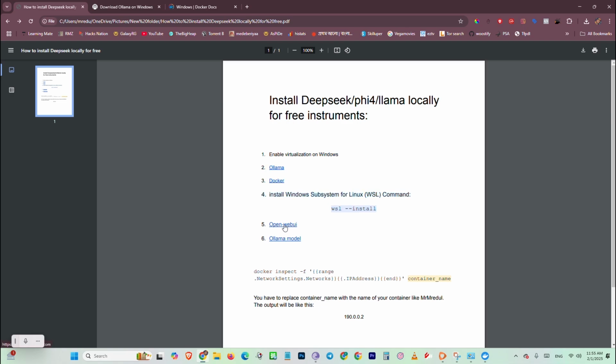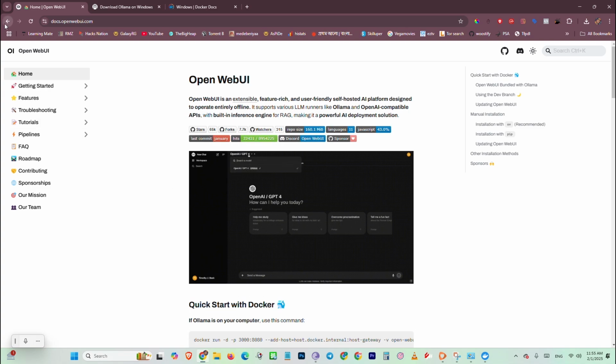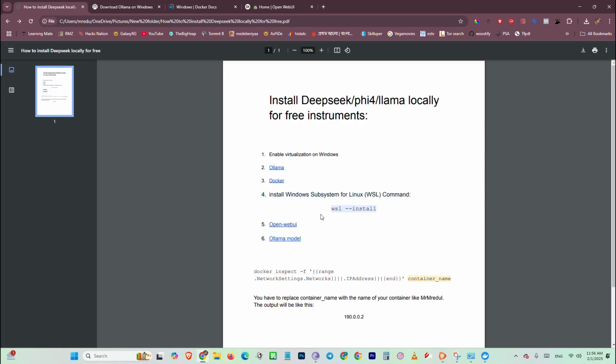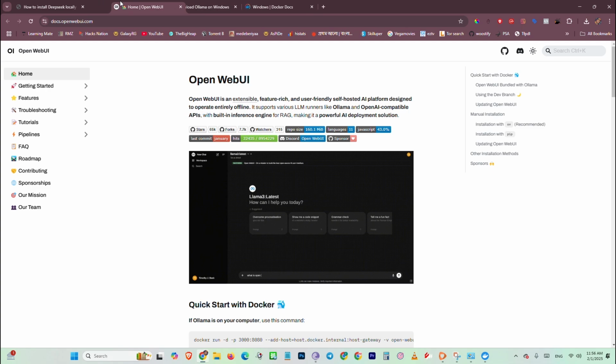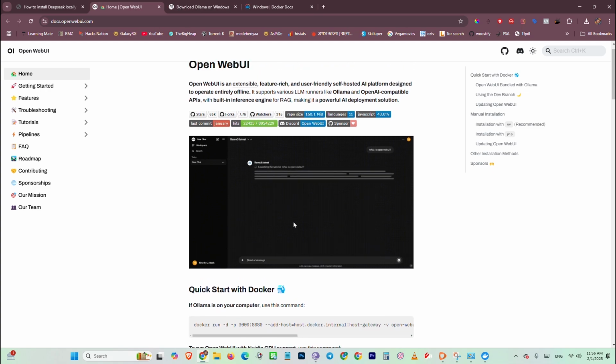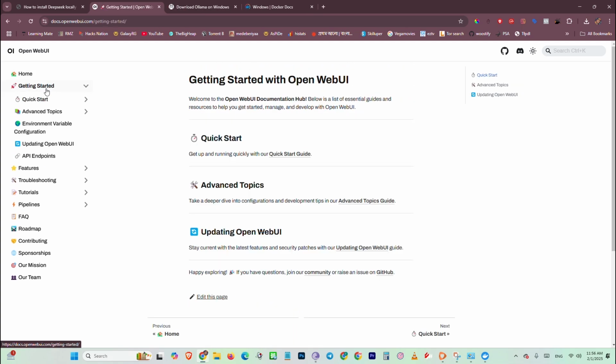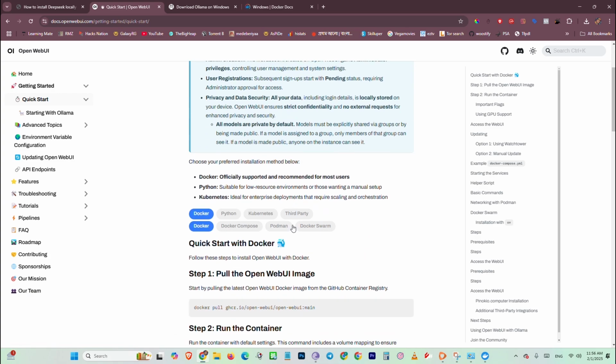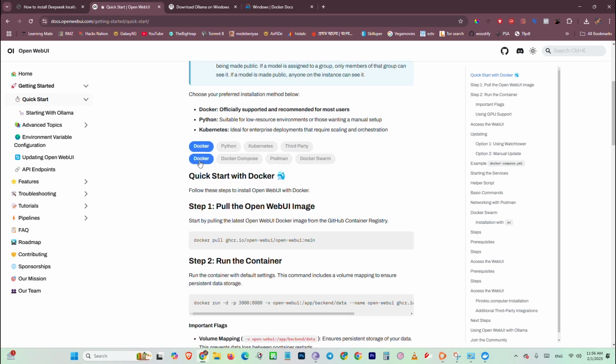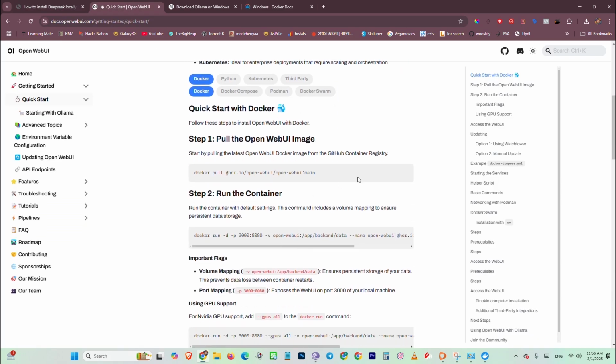So, let's open it in a new tab. This one is this one. From this page you have to click on Get Started, Quick Start, and from here select Docker. Docker is automatically selected because we are using it in our Docker. So we have to select Docker, and now you have to copy this command,